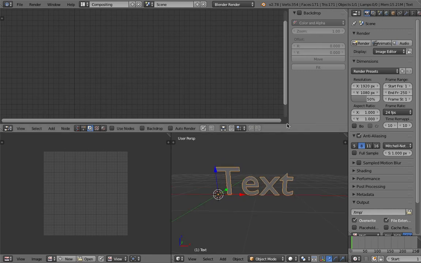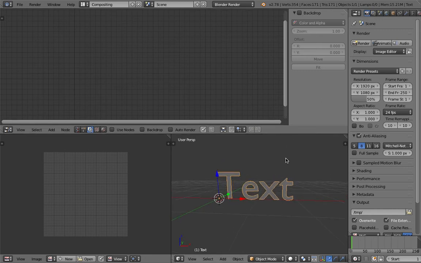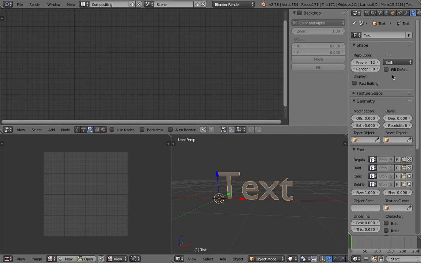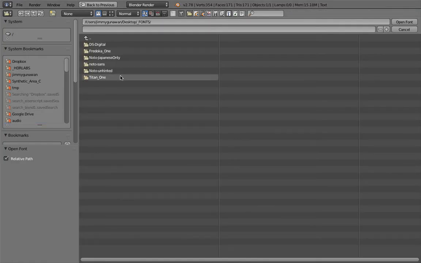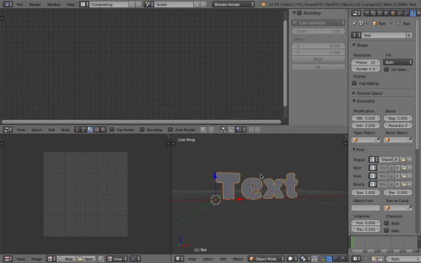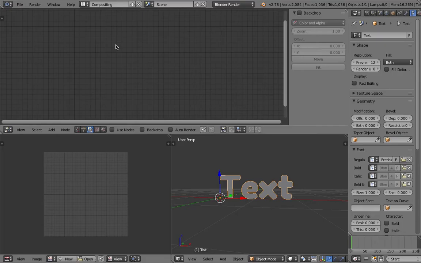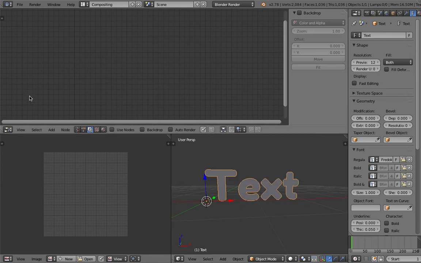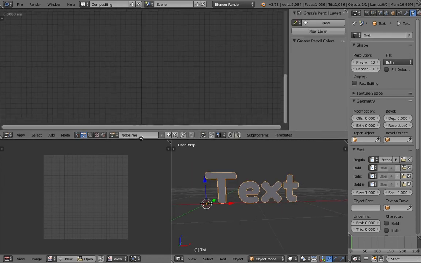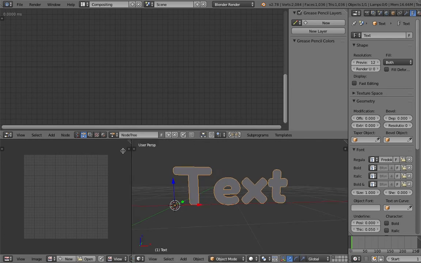So currently the default text is kind of boring, so we're gonna change it to something else. I have these fonts. I think I like the Titan one. Oh, that's a little bit chubby text. Maybe use Fredoka. Yeah, this is alright. So switch to animation nodes and create a new one, new node tree, and let's get